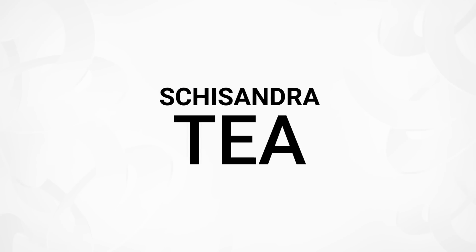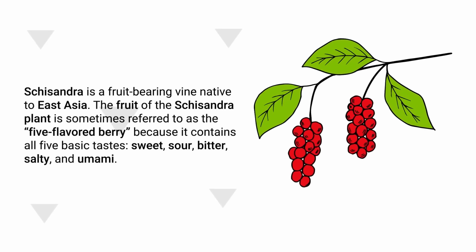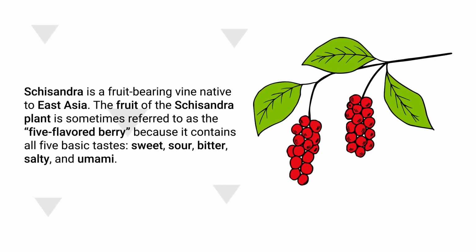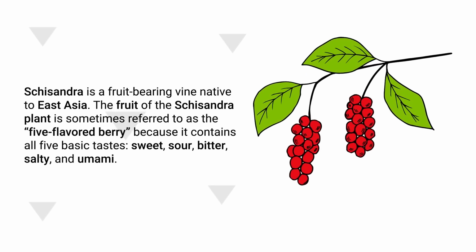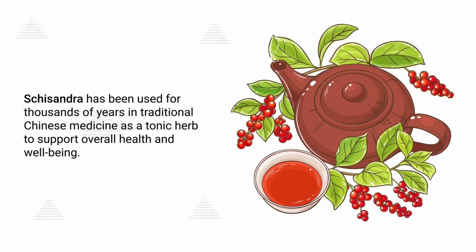Number 20. Schisandra Tea. Schisandra is a fruit-bearing vine native to East Asia. The fruit of the Schisandra plant is sometimes referred to as the five-flavored berry because it contains all 5 basic tastes: sweet, sour, bitter, salty, and umami. Schisandra has been used for thousands of years in traditional Chinese medicine as a tonic herb to support overall health